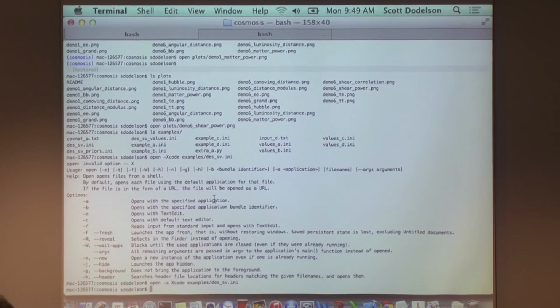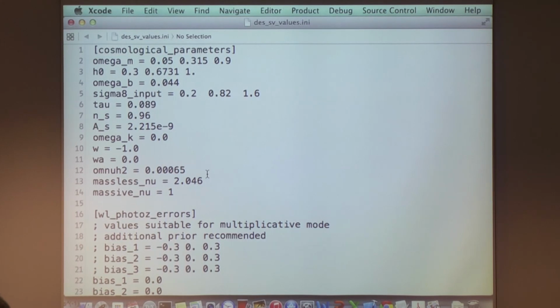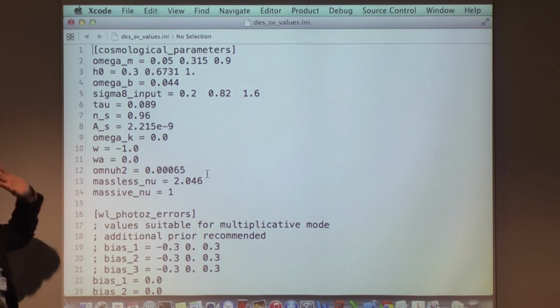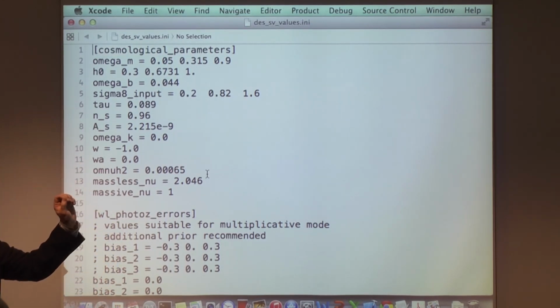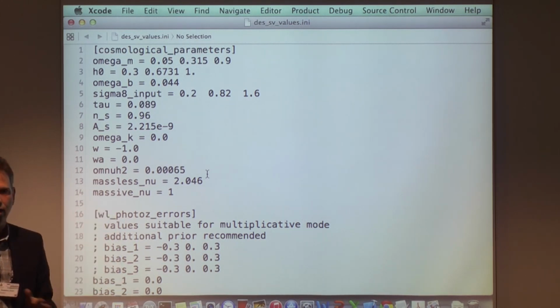We're only going to sample through one parameter though, W. So your exercise is to change the file, in this case dssvvalues.ini, so you only sample through one parameter. You only allow one parameter to vary. Change the other file the way I showed you, and change this file to allow W to vary and nothing else, unless you want to wait a long time.